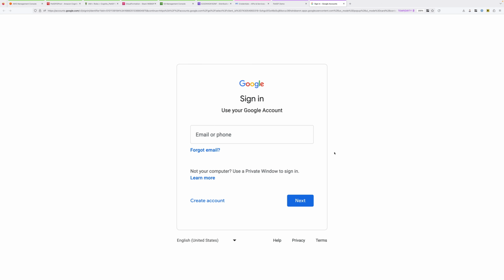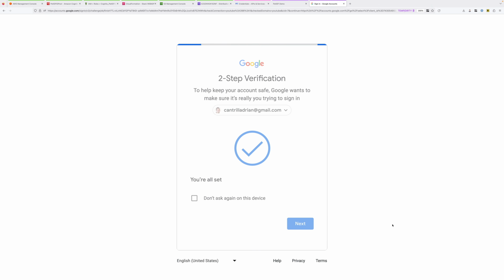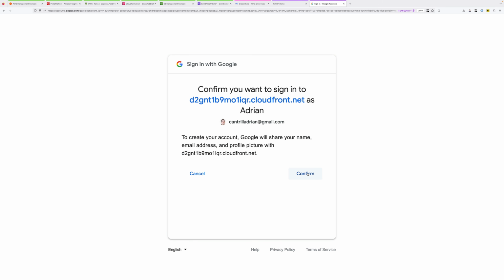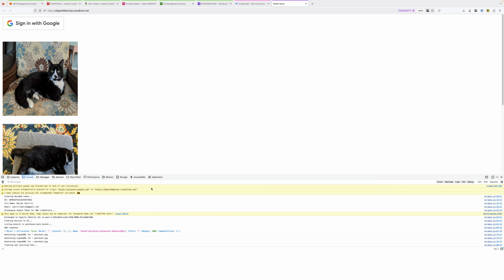Now if you're already using a Google account, then it can suggest your existing credentials. If I wasn't logged in using this session, then I would be prompted for a username, a password, and optionally, if configured, an MFA. But in either of those cases, if I authenticate, then what I'm going to get in return is a Google Authentication Token. This IDP is then going to move me back to my application, and the application is then going to proceed to exchange this Google Authentication Token for temporary AWS credentials using Cognito.